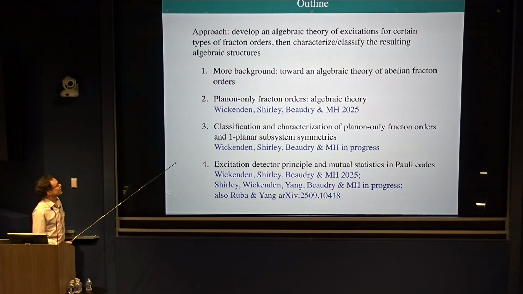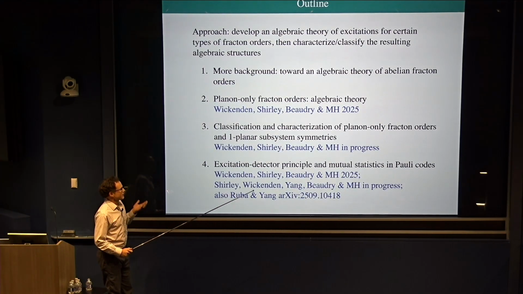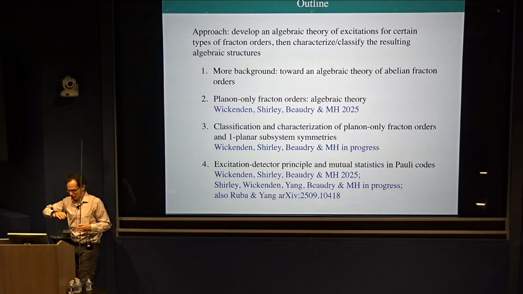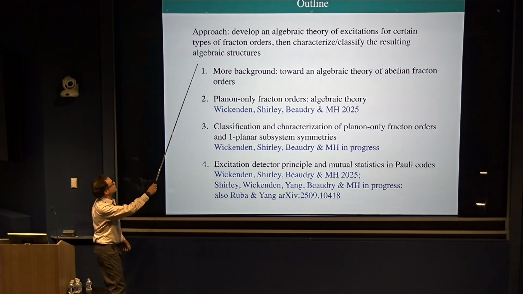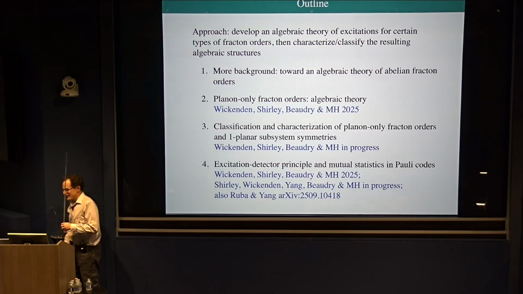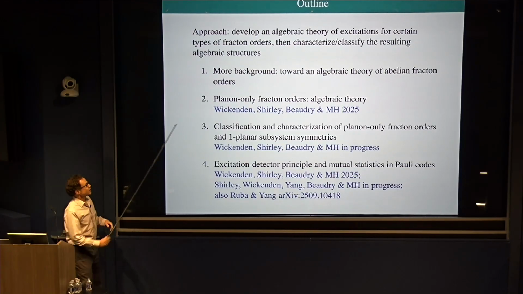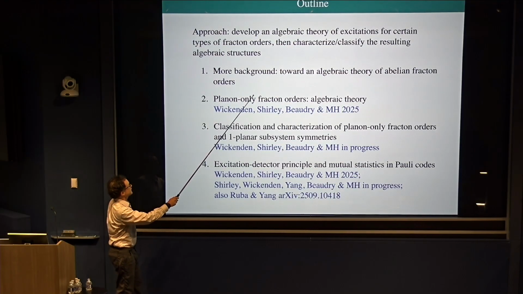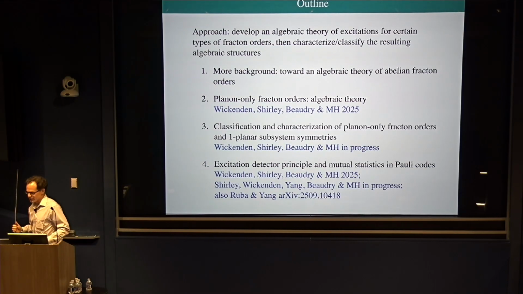So the aim here, in terms of, I always feel in theoretical physics, it's an important skill to be able to tune the amount of rigor that you're using to different levels. So the level of rigor in the first part, developing the theory of excitations, is not that high. I'm not proving quantum statistical mechanics theorems. But the aim is for the level of rigor in the second part, characterizing and classifying these algebraic structures, to be mathematical rigor with no caveats. Okay? And the reason for that, I think that's really the approach one should take,